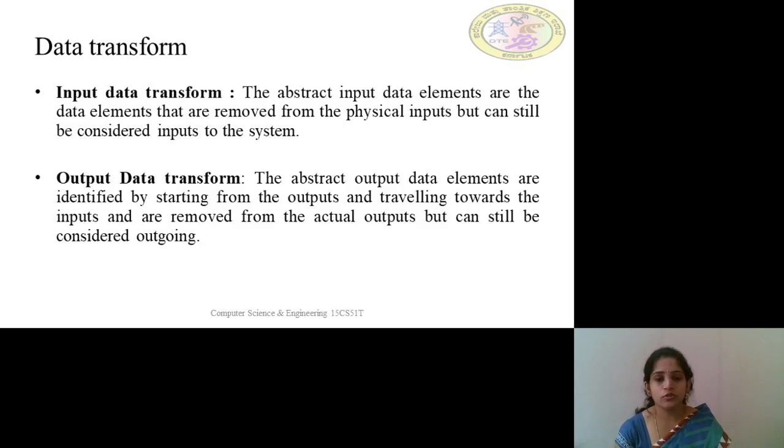It is almost vanished or removed from the physical inputs but can still be considered as an input to the system. This is the way we identify the abstract input data elements.